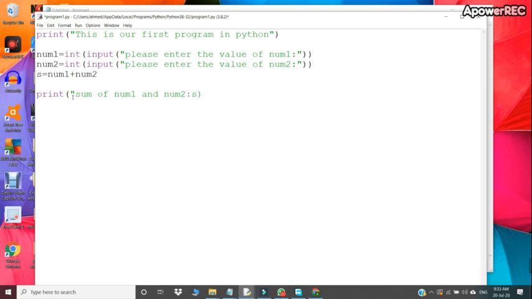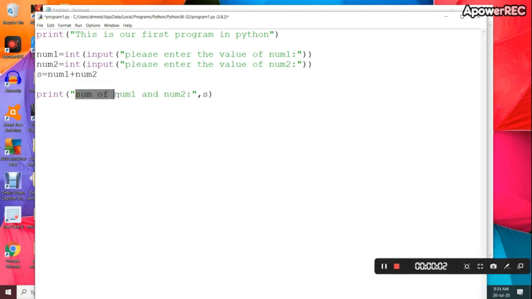So this message will be printed as it is. But I don't want to see the message only. I want to see the value also. So I'm writing the name of the variable. So I want to see the message and the result. So this result is stored in this variable s. I have written s here, but outside the double quotes.